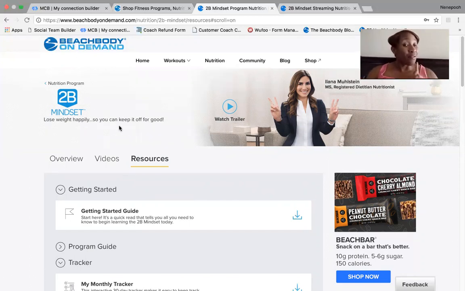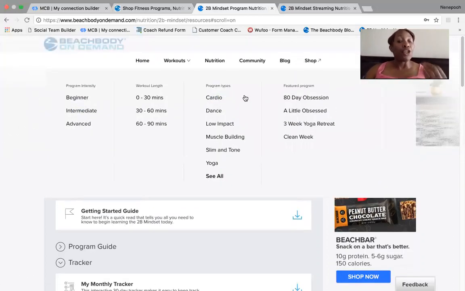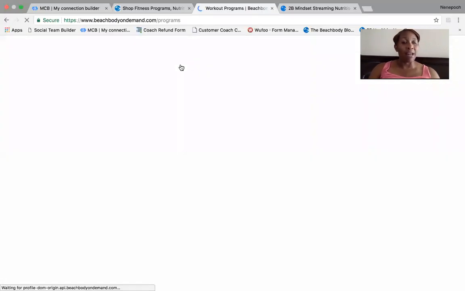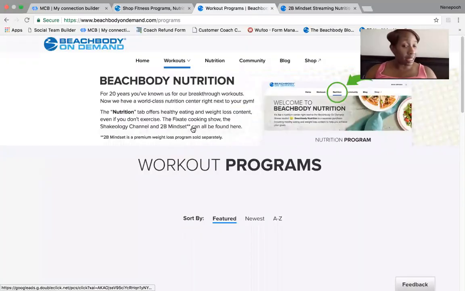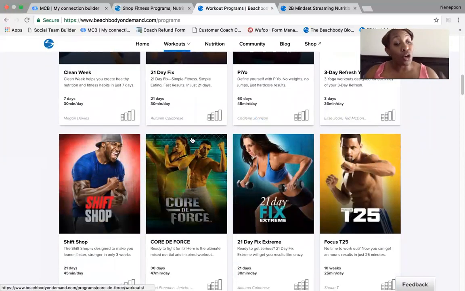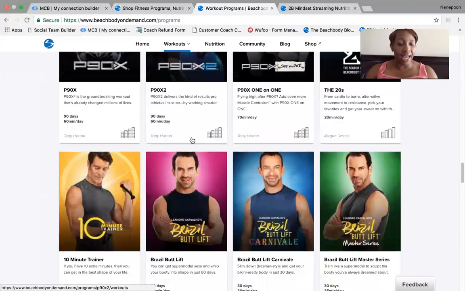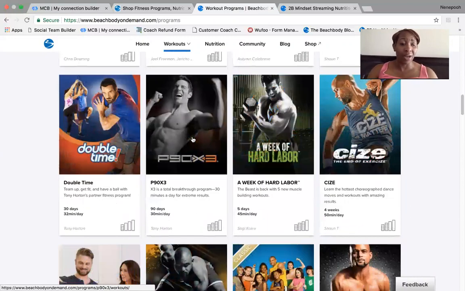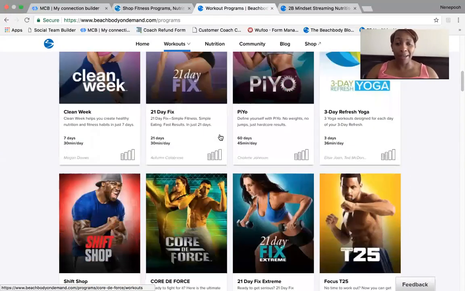So again, this is the first way to access your program, and that's going straight to the Team Beachbody. Now, if you have not also purchased the All Access Pass to give you Beachbody On Demand, when you go to this page, it may seem like you have access to the workouts, but if you start trying to click on them, you're not going to see anything. So I highly encourage you, if you haven't already, to get with your coach about purchasing the entire bundle where you can get access to all these other amazing programs and meal guides and workouts and all kind of good stuff. There's tons of information in here and even more recipes underneath the Fixate.